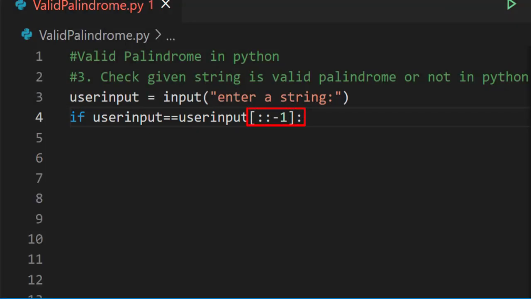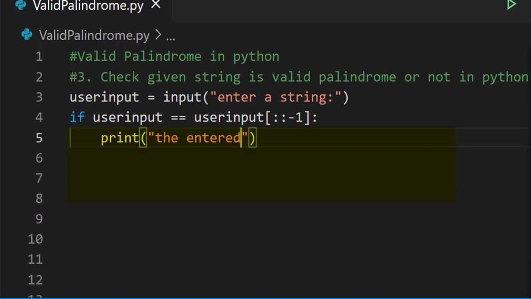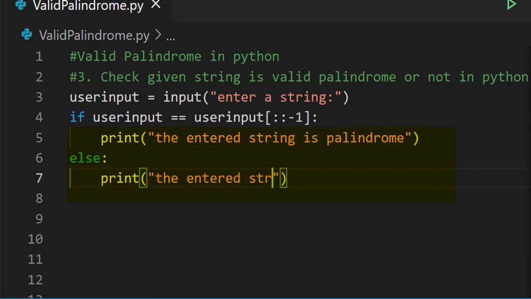First is for the start of the string, second is for the end of the string, and third is for the step value of the string. Here the step value is -1, which reverses the string. If this condition is satisfied, then print the entered string is palindrome, else print the entered string is not palindrome.